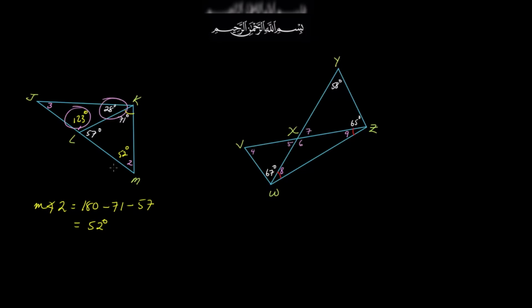So 123 plus 28, that's 151. So if you add these two up, you get 151. And you subtract that from 180 degrees, I get 29 degrees. So that's easy peasy. So angle 3 is going to be 29 degrees, because I added this particular angle here